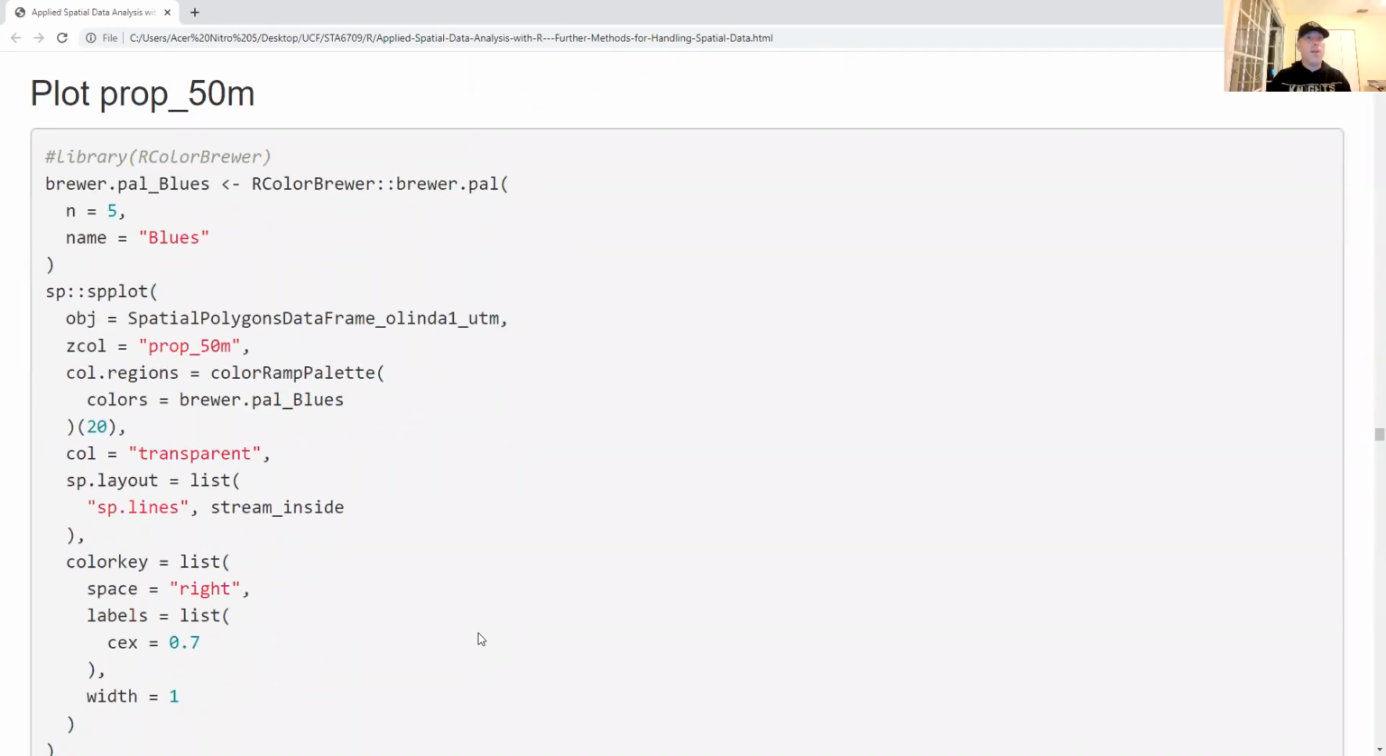All right, so let's go ahead and plot another variable that we created. This time we're going to use the Brewer palette function to just get blues, and we're going to get 5 of them. So I'm taking my spatial polygons data frame, and here is the variable from the data frame that I want. This color palette actually returns a function, so this is a function for returning colors. I want 20 different colors, and we're going to add transparency